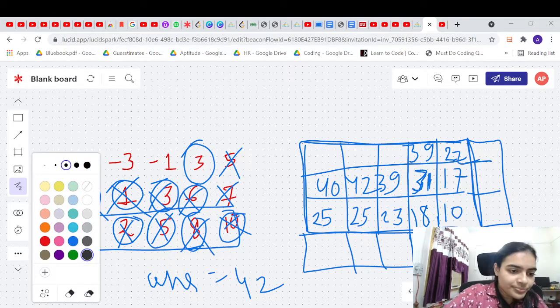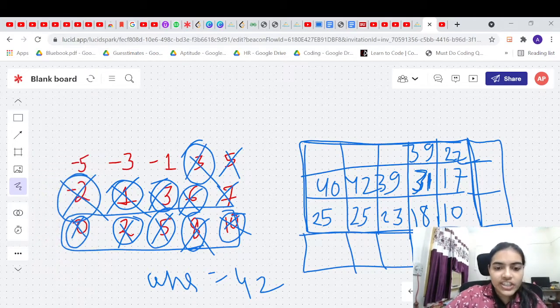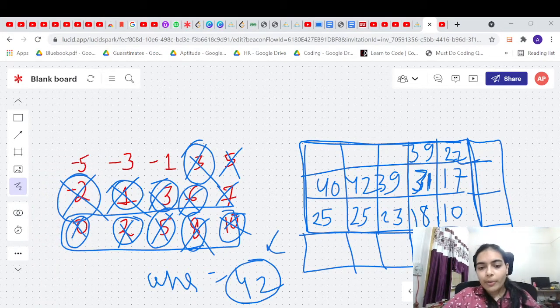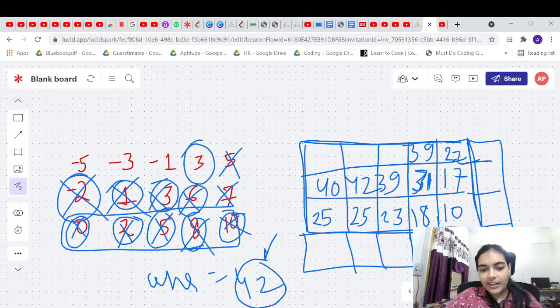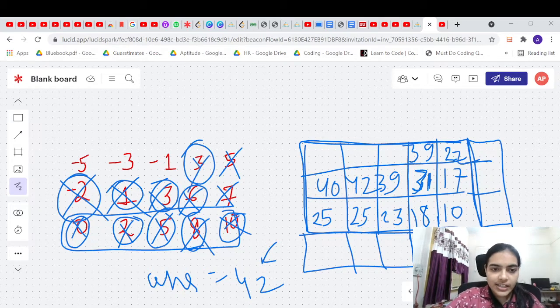Now let us go to the next value. We will not yet change the answer, because there is no trade-off. You are better off bombing a better region. You are bombing the other region and you are getting 42. By bombing this region, you are getting 42, so you will not change the answer. The answer will still be 42. Let's go to the next element, minus 1.